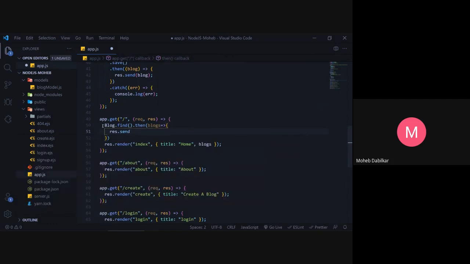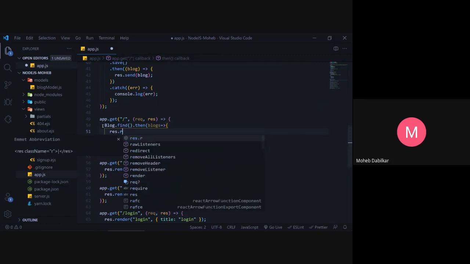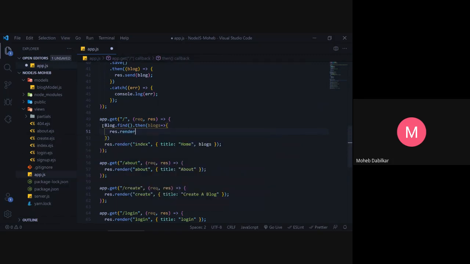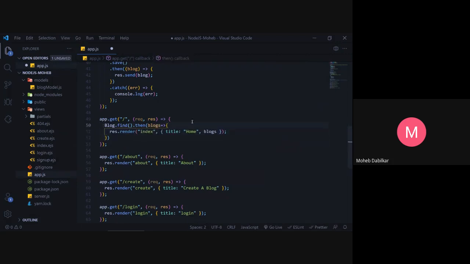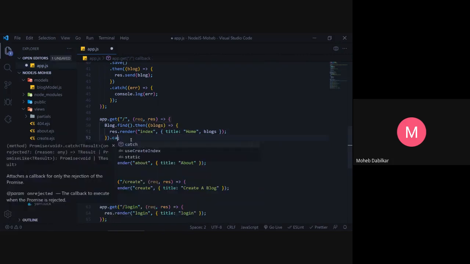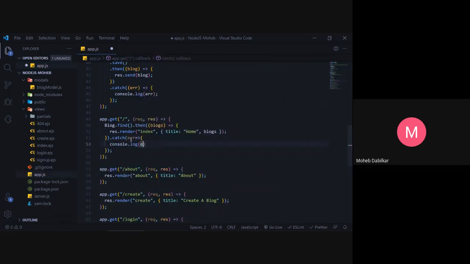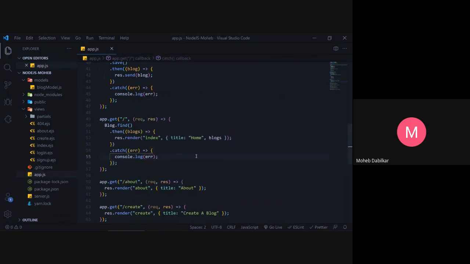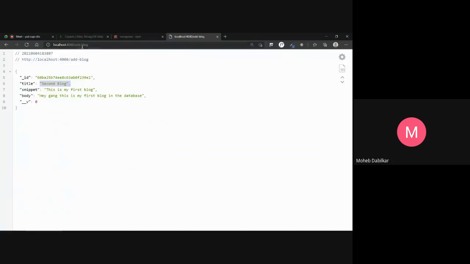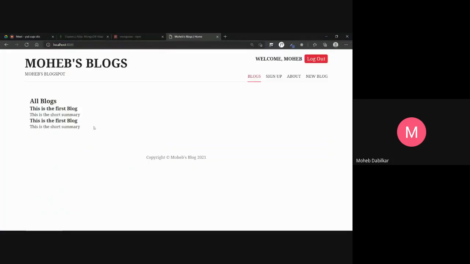No wait, res.render, right? Yeah, response.render this. So now this is how this should work, and then let's put our catch over here. So this will just console log the error. Hopefully this works now.